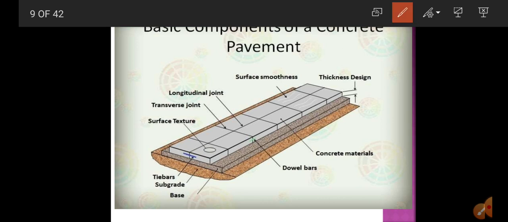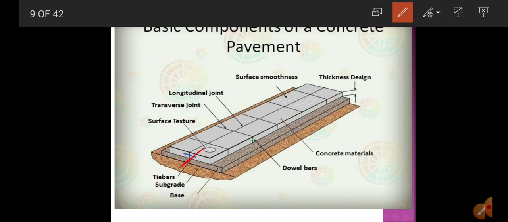This is the picture of the CC pavement. The first is the subgrade, then we have the base. The base can be a DLC layer, and then next comes the top layer, which we call the PQC.